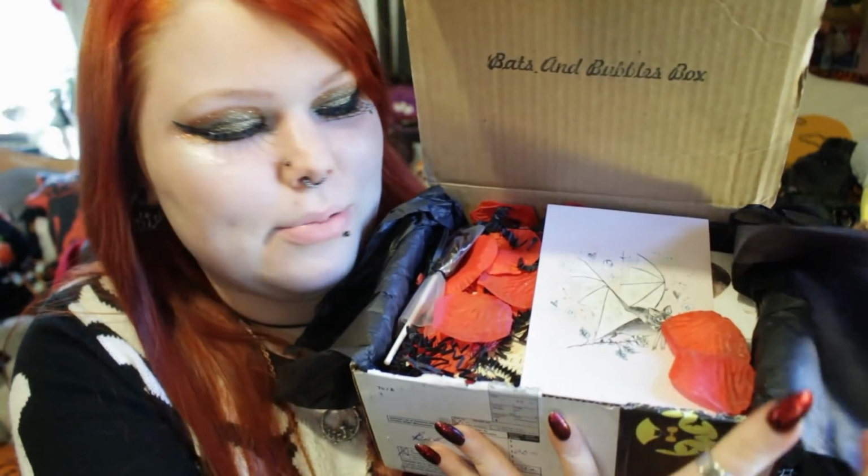I can see a little bat print. Oh my goodness, this is so cute. Okay, so this is definitely like a Valentine's Day kind of theme. As I said, this was shipped a couple of weeks ago, so it was shipped closer to Valentine's Day, but since it does have that spooky element to it, I feel like it's still gonna be